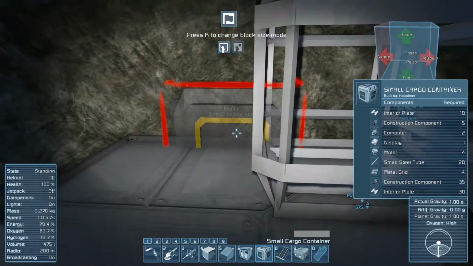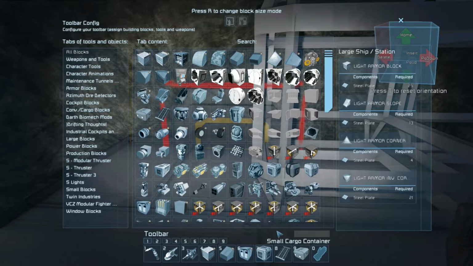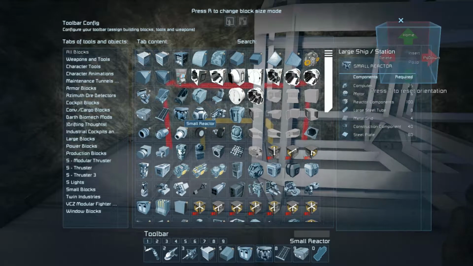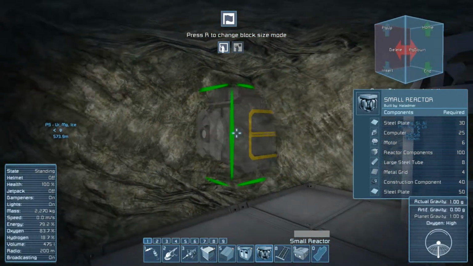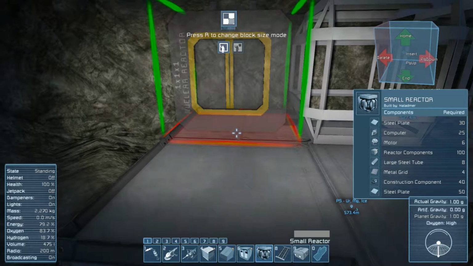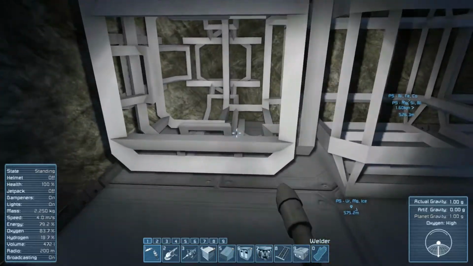So all of these mods, in theory, work. I can't make any guarantees that they will continue to work afterwards, but we're going to do small reactor for now. Now, I can never remember, does this thing have... Yes, it does. Okay. And then that way we can actually get...